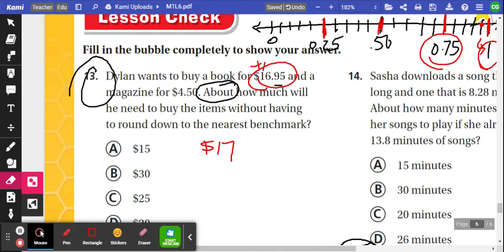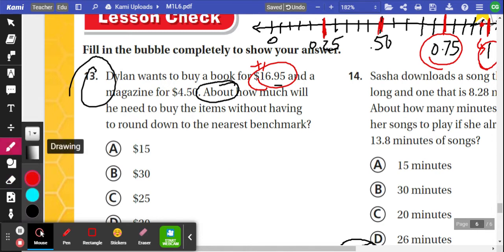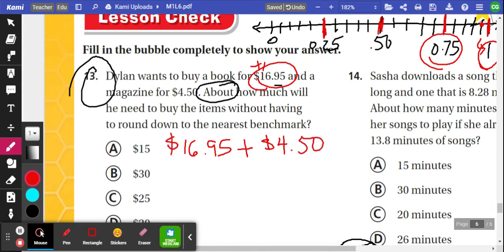Let me go ahead and do it this way, like we did in class. I'm going to have the $16.95, and then I'm going to add the magazine for $4.50. We said in class that the 95 would be the one, so I'm going to have 16 plus one whole. That gives me $17, right? Plus this here, since it lands on the 50, it's going to stay the same,